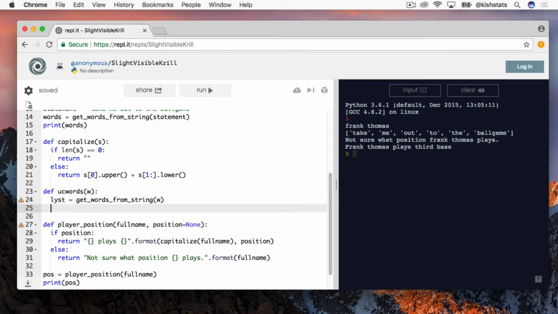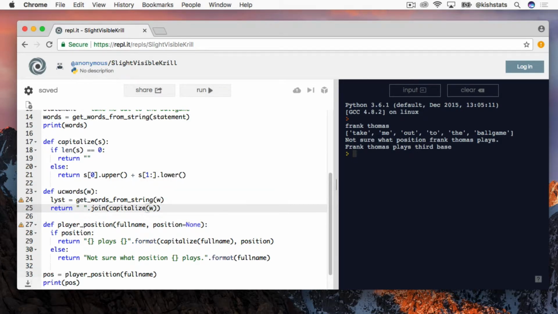And from there, we're going to return a value in which we are going to start with a space character. So we're going to be joining a space in between all of the words, and we already defined a capitalize method. So since we have the words spread out in a list, we can call capitalize